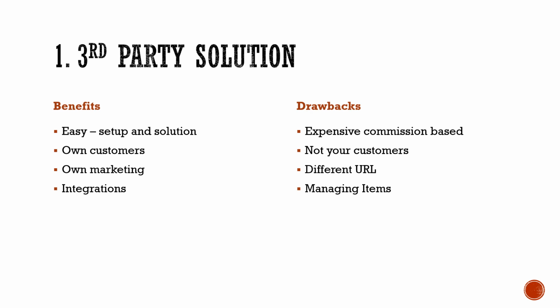If you're doing 75 orders a week at an average of $30 per order for online, that's over $1,500 a month you're paying in commissions. That would be Grubhub. Grubhub is 15%. That can start to get a little bit expensive, and at that rate you might want to look towards one of the other options. Not to take over completely, because like I said, Grubhub, Seamless, some of these other ones,